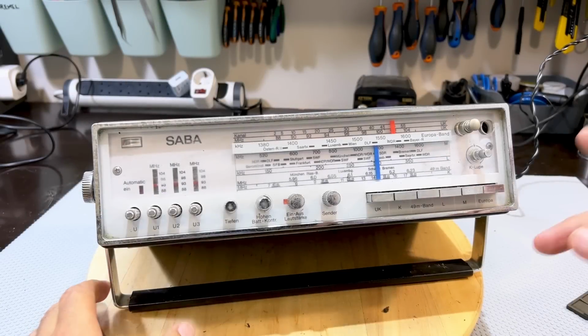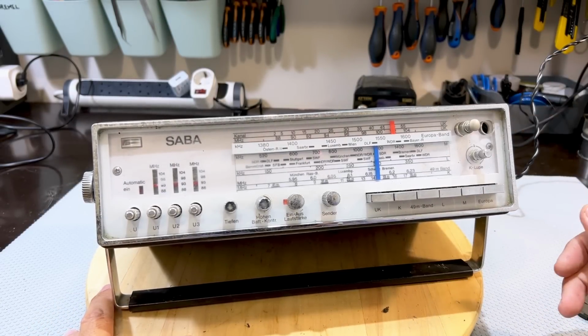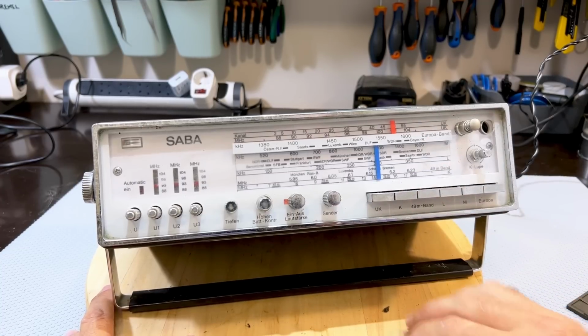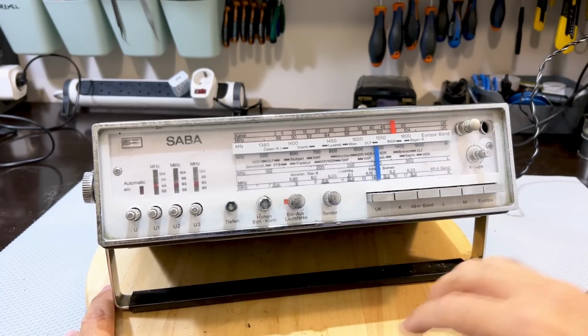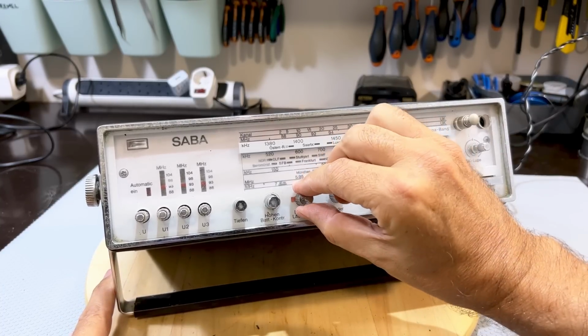I've connected 7.5 volts, that's what the battery voltage is, to the actual battery connectors there. I don't want to risk damaging this with the external supply, especially with that crazy socket over there. So let's put this on FM and...